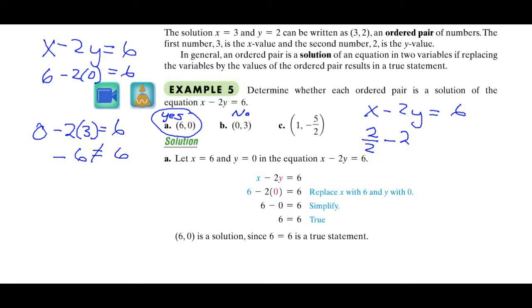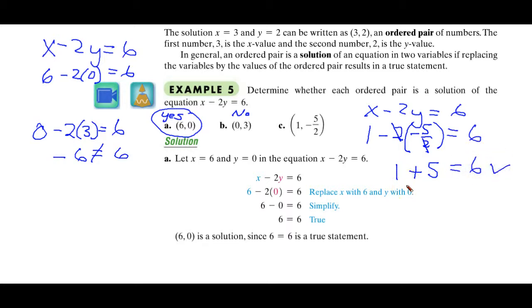Let me change my mind, because I see something that's going to happen here. So we'll just use a 1 there, minus 2, since I'm going to cancel out here, a negative 5/2 equals 6. So here the 2's are going to cancel out. That's why I didn't need that. And then negative times a negative makes this a positive, so I have 1 plus 5 equals 6, and